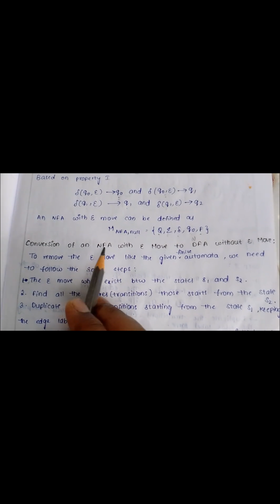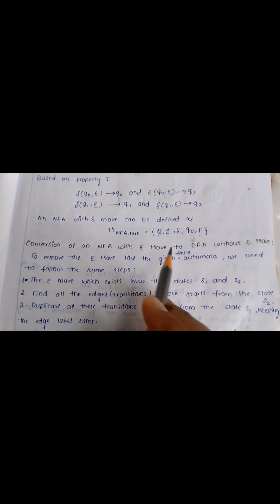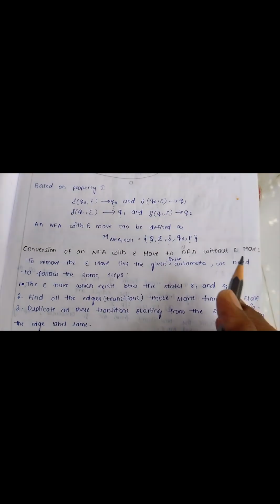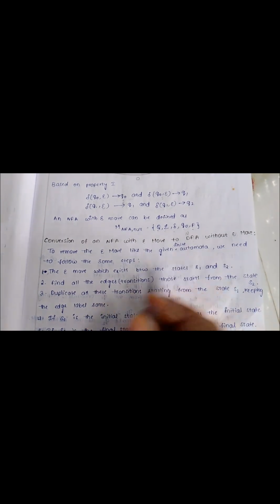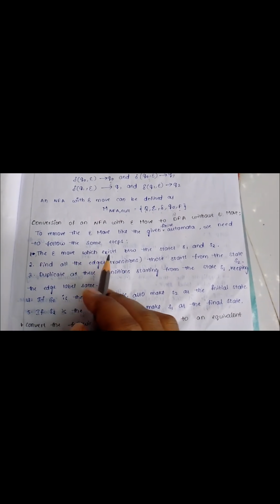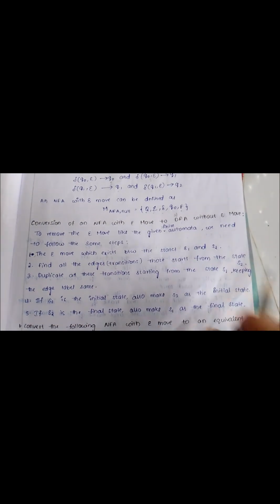Now we see the steps for NFA with epsilon move. So here, conversion of an NFA with epsilon move to DFA without epsilon move. To remove the epsilon move from the given finite automata, we need to follow some steps. So first step is to find whether an epsilon move exists between the states S1 and S2. Suppose in a finite automata, two